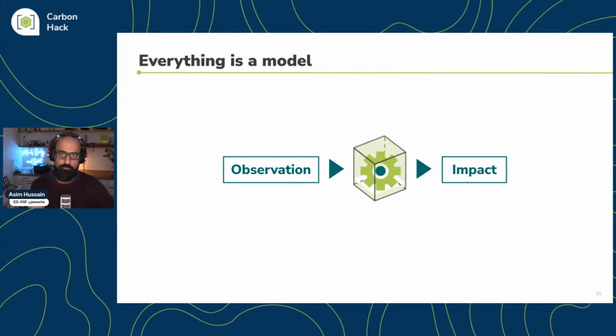So everything is a model. That's what we talk about. We have these models which take an observation and turn it into an impact. A model is just something that takes some inputs, it's some code, and it spits out some outputs. That's how we think about what a model plugin is in the Impact Framework. Now, technically, there's a little bit of language we actually create with micro models. You might create lots of intermediate values, which then turn into an impact. But effectively, you're taking an observation and you turn it into an impact.